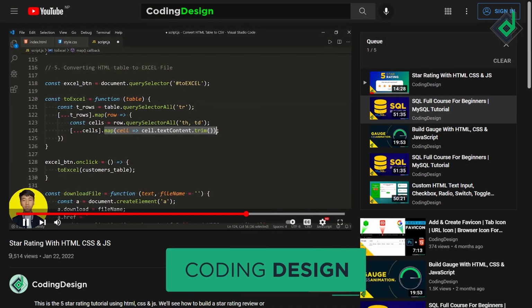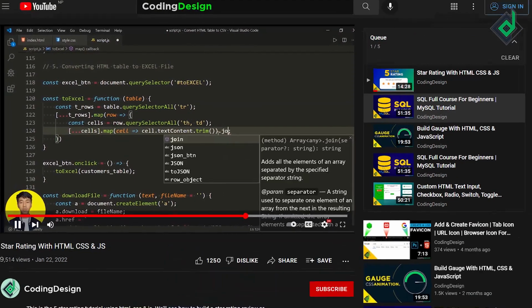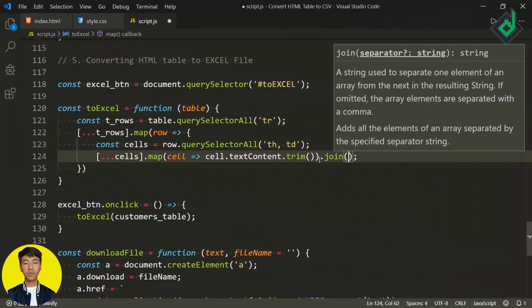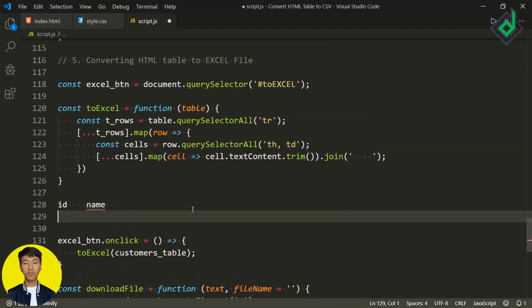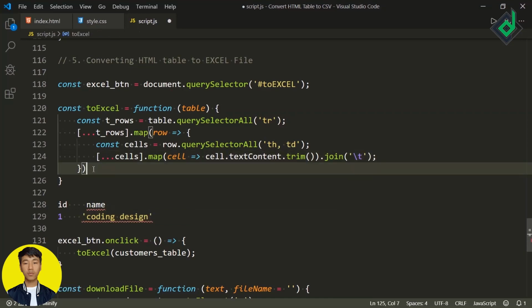So now just next to that map function, I can write their dot join, and now within that join method, I'm passing a string \t, or you can pass 4 space. Now with the help of that join method, we're trying to join all the value of array by 4 space. It will be something like this. So just down below, let me show you. Now with the help of that join method, we'll be able to join all the arrays data with 4 spaces, something like this.